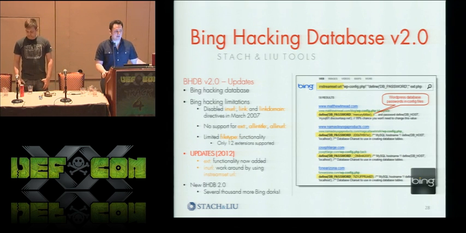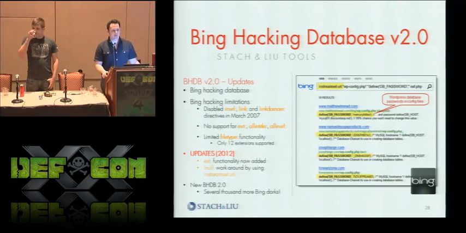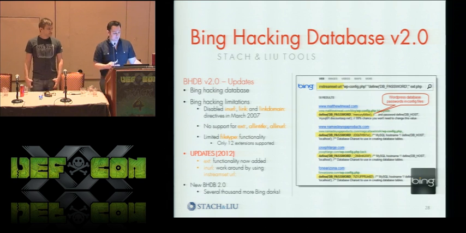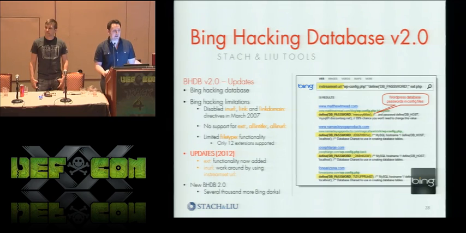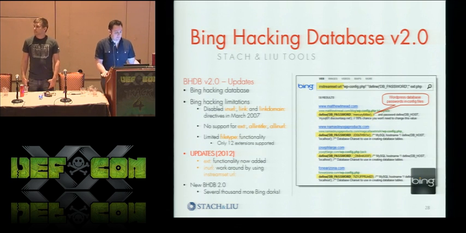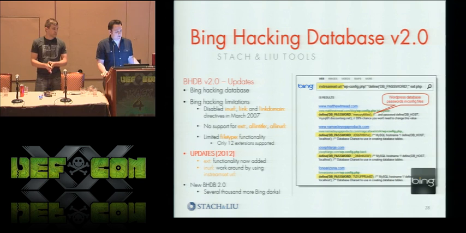We found some workarounds for that, and we were able to release 1,000 or so queries for the first Bing hacking database. But now we're proud to say in the latest version, due to two major updates, we are for the first time able to make Bing hacking just as effective a tool as Google hacking. And that's because, one, Bing decided to enable the ext colon operator to allow you to search by file extension within the last year. So that was one. And two, and this was the big one,